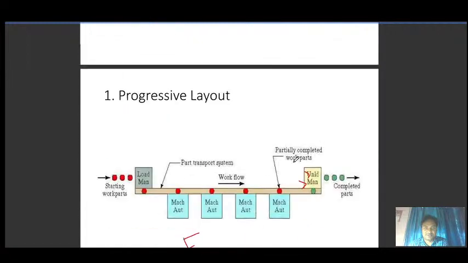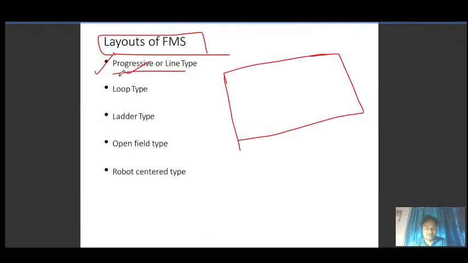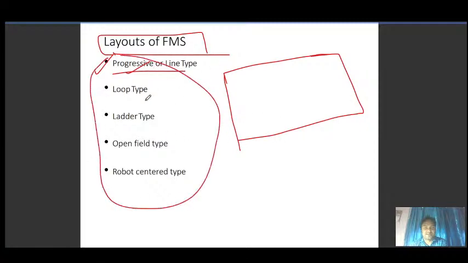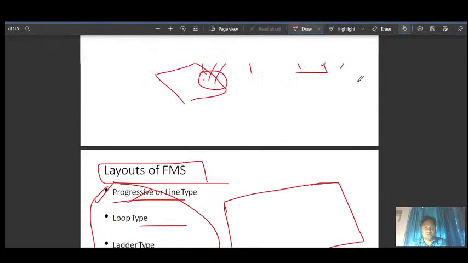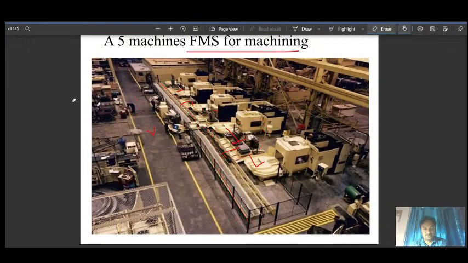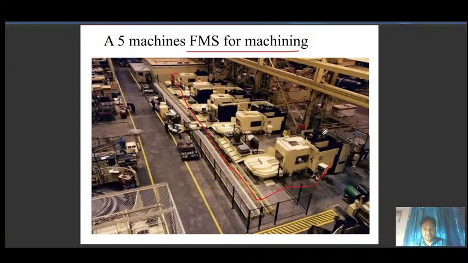As you have seen, there are 5 types of layout: progressive line type, loop type, ladder type, open field, and robotic center. Now the question is, what type of layout is this one? Will it be progressive line? Yes, because every machine looks like it is in a line, so it is a line.